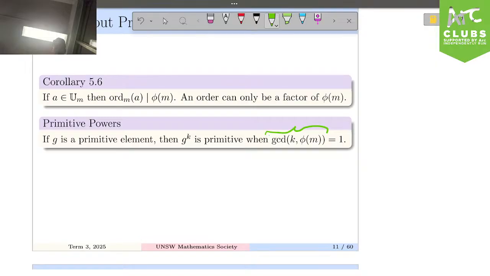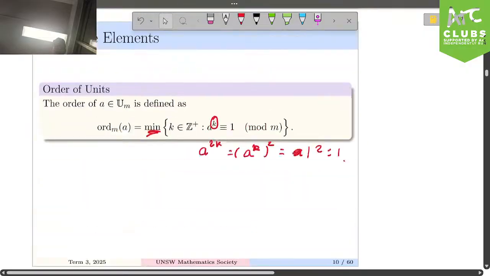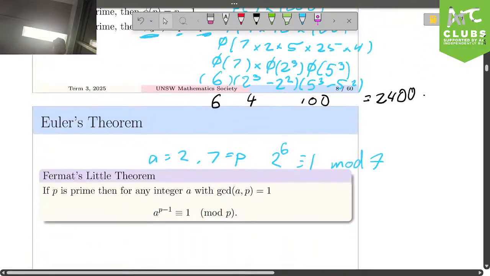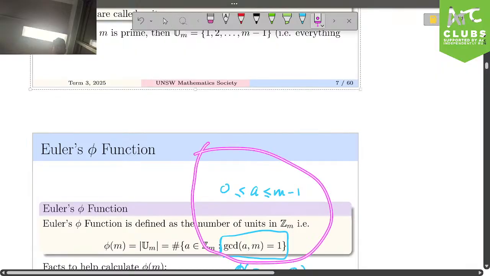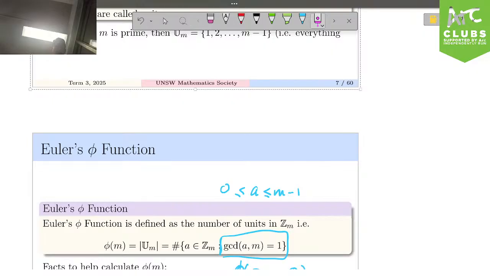All right, well, how do we count this? What we said earlier is the best way to think of phi of m, phi of anything, is that it's counting the solutions to this equation. It says, okay, how many solutions are there to this equation? That's what phi of m means. That's what it means for an element to be invertible. And so this is what phi of m means.